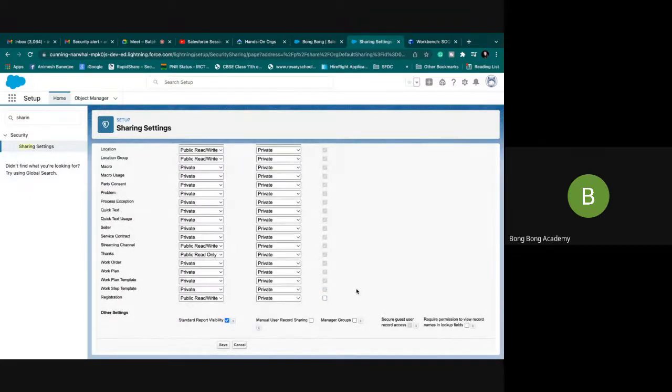If you uncheck, then your boss will not be able to see your records.